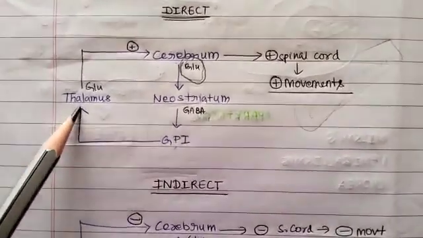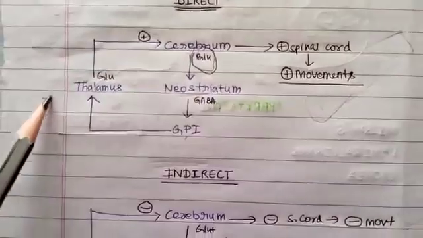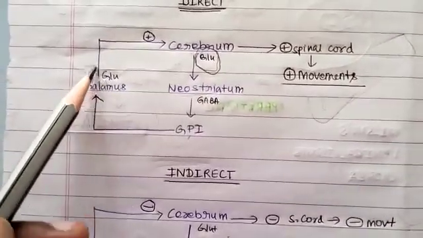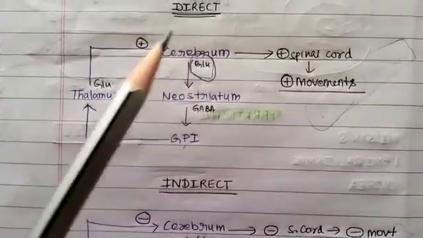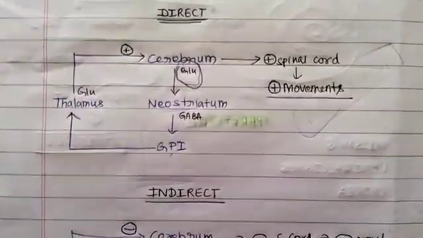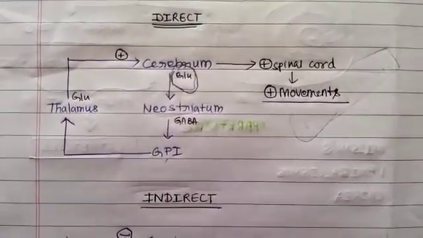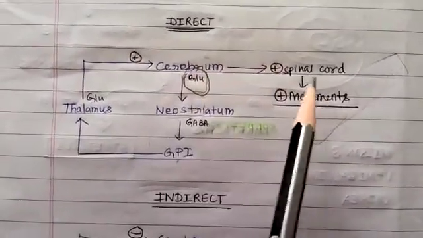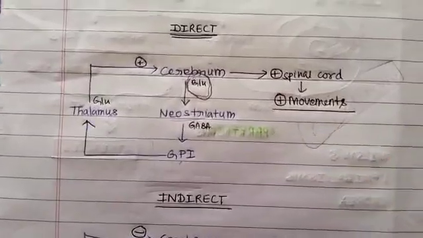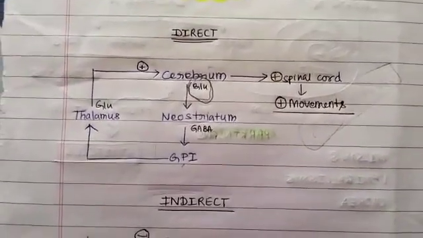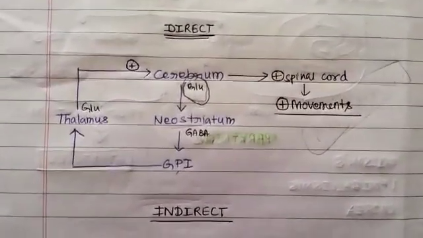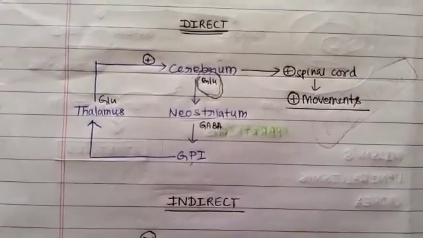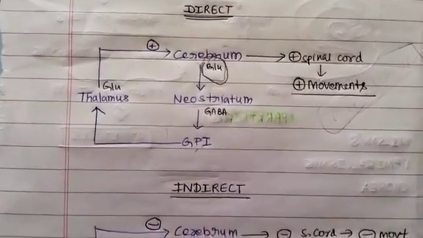So thalamus doesn't get any inhibition. So it gets stimulated and it will release glutamate. Glutamate in turn stimulates the cerebrum. So the cortex has got again the next stimulus that this work can be done. Then it will go and stimulate the spinal cord. So the movement of picking a cup is going to be done. So this is direct pathway, very easy: cerebrum, neostriatum, globus pallidus internus and thalamus.